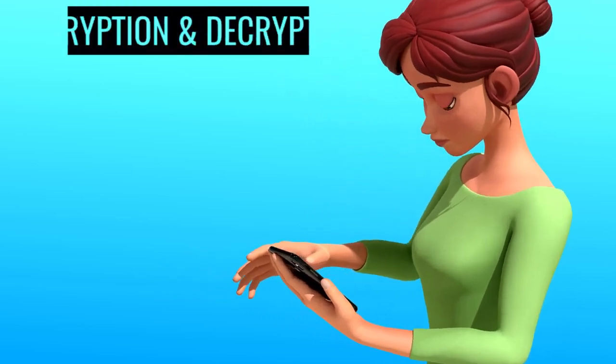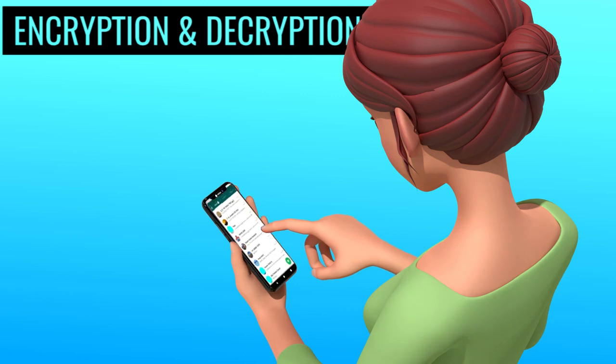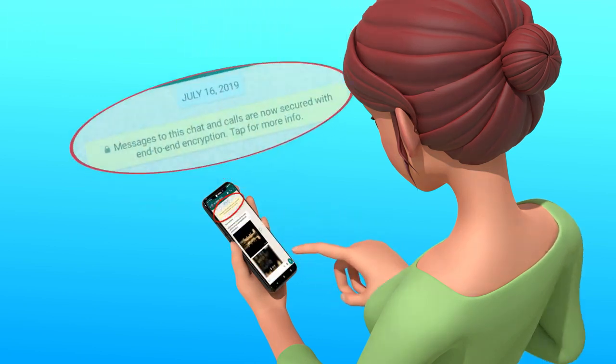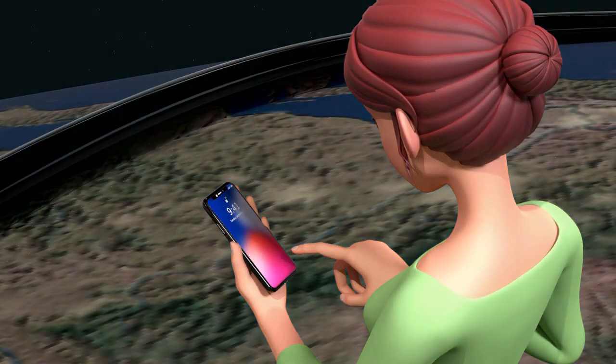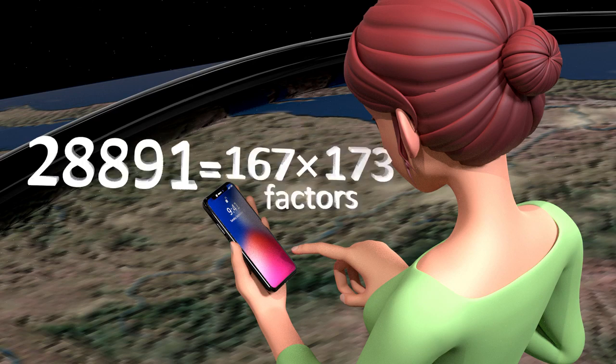The words encryption and decryption are quite familiar to us. You might have already come across these technical words in this video series, as well as in your daily life. What is encryption and why is it needed? By the end of this video, you will also understand the magic that prime numbers play in encryption and decryption